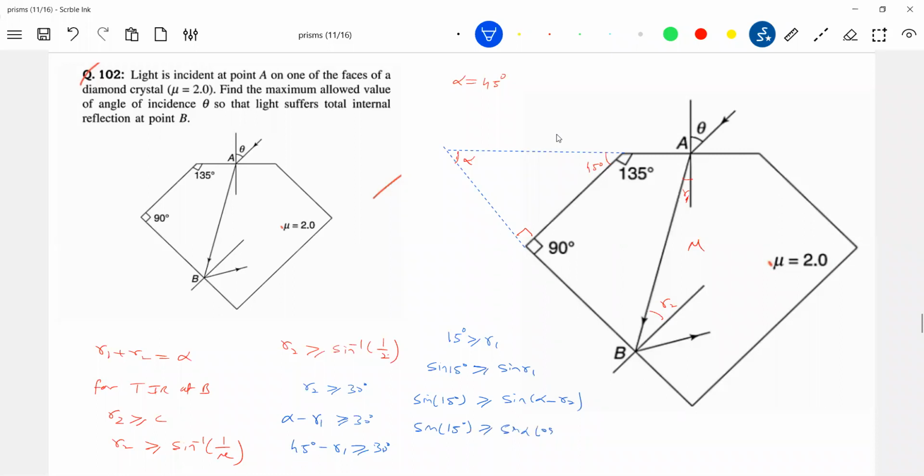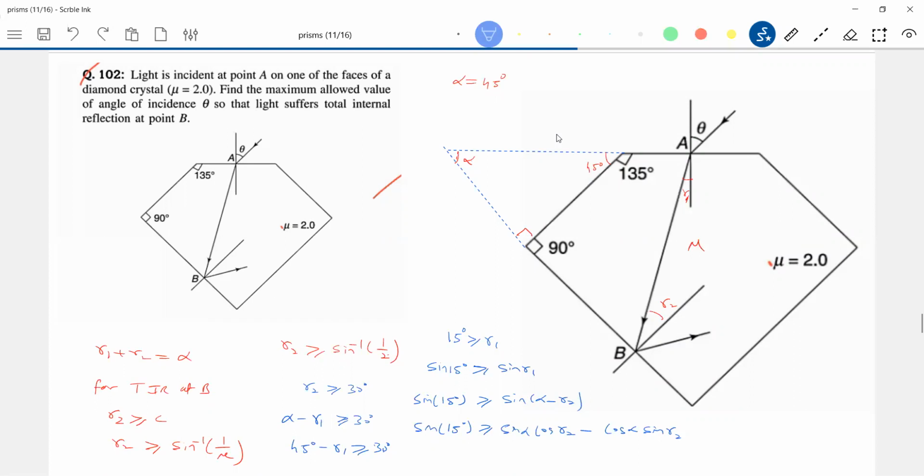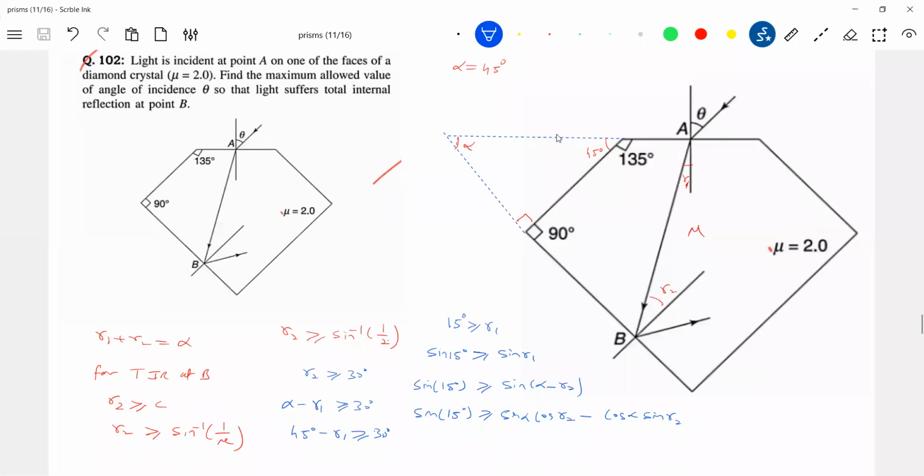Sine alpha cos R2 minus... okay, any calculation? I think after this sine 15 degrees, sine alpha is 1 by root 2, alpha is 45, no? Cos R2 root of